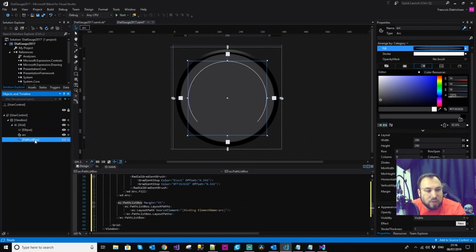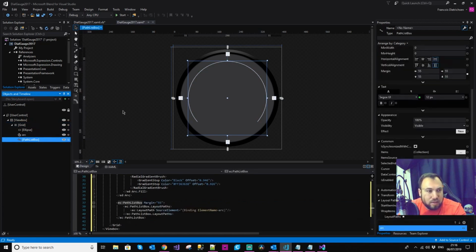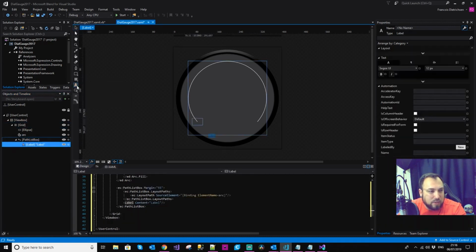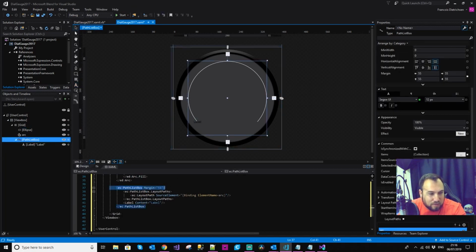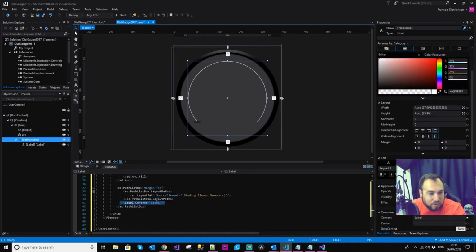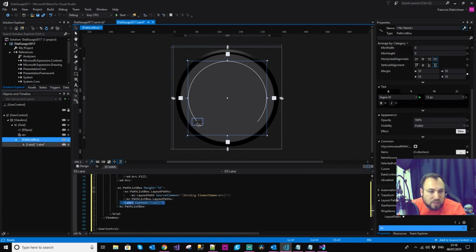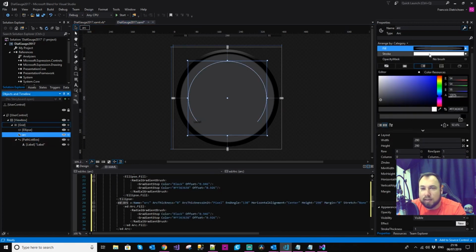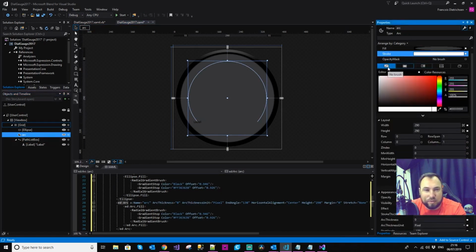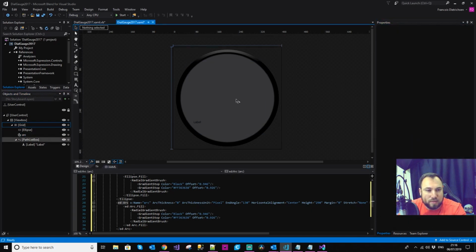So I'm going to click on the path. I'm going to go down here, right click, and put in a label. Double click on the label, and now the label is inside the path. If we look at our path here, you can see that we have a label on the inside of that path. You can also see that the label is now on the top of this path. I'm going to the arc, and I'm going to take that stroke away. Now you can see there's a label,